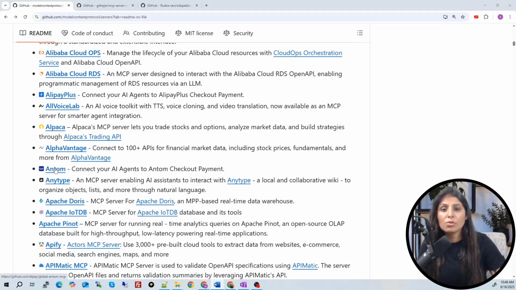So for today's tutorial, first we will pick the MCP server from here, and then we will download it. We will build that MCP server on a local machine, right? Once we understand this concept, like how to run the MCP server on your local machine, then after that we will create our own MCP server.